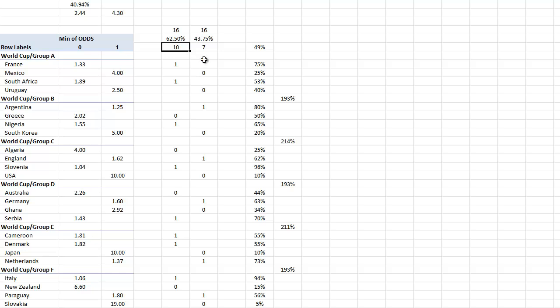But if you're looking at these stats, you can see that the number 10 here, and that's counting the number of odds-on teams that went out at group stages or traded at odds-on. Some of them at heavy odds-on, you can see here, and went out. So 62% of teams that went out at the group stages were odds-on shots, and some of them were at very short odds. So that's surprising.